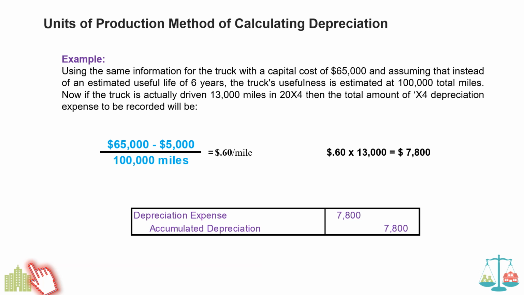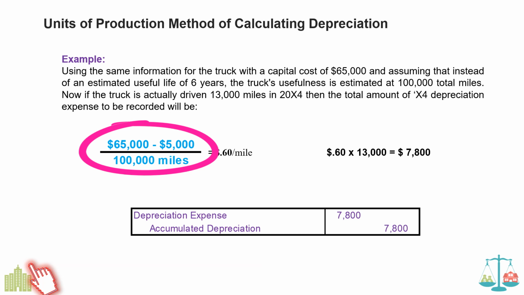The estimated depreciation expense theoretically amounts to about 60 cents per mile. How did I calculate that? Well, if the total capitalized cost of the asset, the truck, was $65,000, and we still believe that after 100,000 miles, I'm going to make that assumption here, it will have a salvage value of $5,000. So the amount that needs to be depreciated over the life of this truck is still $60,000